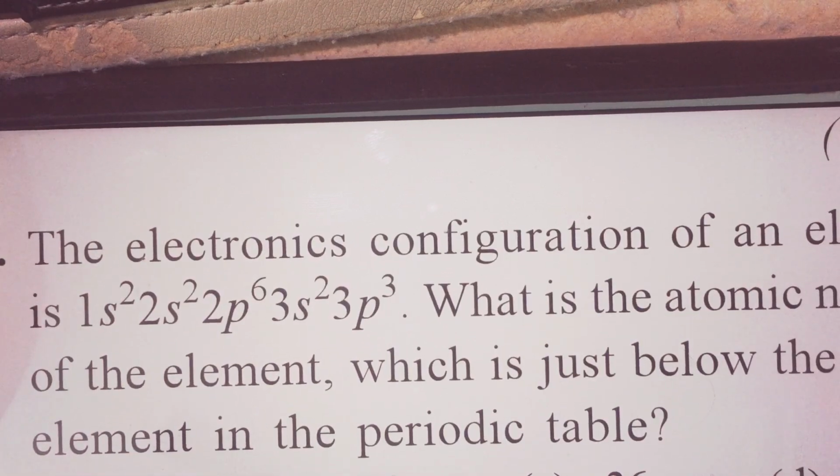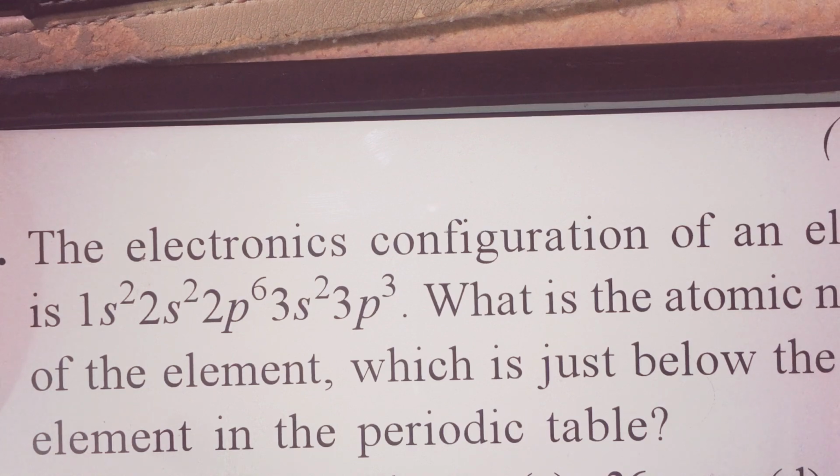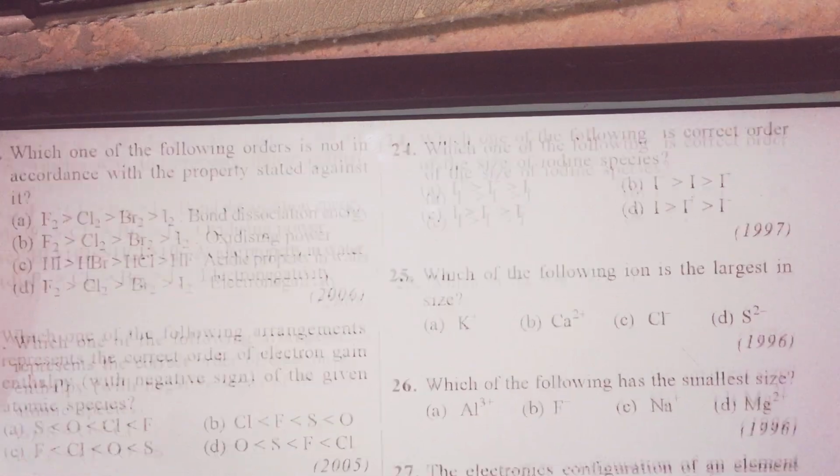They gave a configuration. They wanted to know the atomic number of the next element. Take the sum of all the electrons of the neutral atom. That is the atomic number. To a given atomic number, if it is between 2 to 12, add 8 to get the atomic number of the next element. If it is 13 to 39, add 18 to get the atomic number of the next element. If it is 40 or more, add 32 to get the atomic number of the next element. Are we very clear about it, sir?